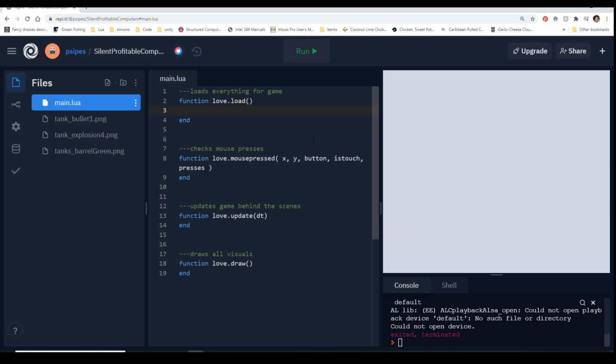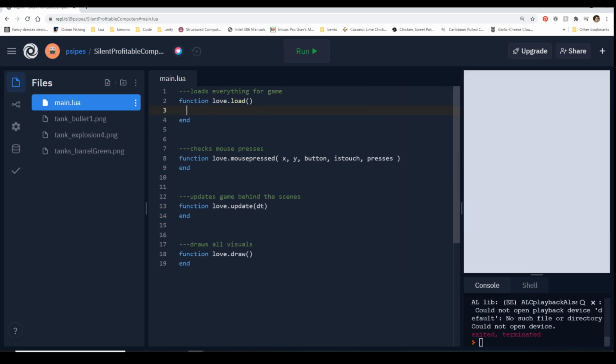So we're going to create variables for them. The first two that we're going to use, because we're going to worry about the explosion later, is bullet image. Remember, you want to name your variables things that make sense to you and make sense to others. Well, really make sense to you more than anybody else.